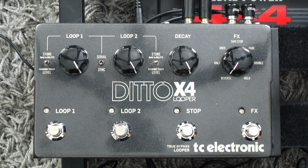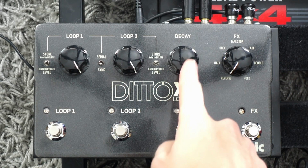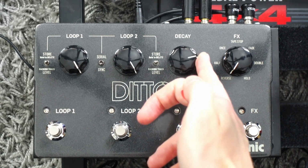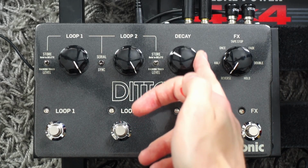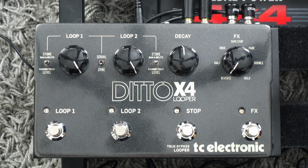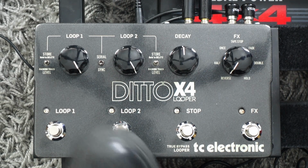Then we have the decay function. By default, if you put it all the way to the right, the loops are going to repeat indefinitely. If you put it more towards the left at noon or even more than that, it means that each time you're going to overdub on top of your loop, the oldest layer is going to slowly decay and slowly fade out, and it's going to be an ever evolving loop that always changes as long as you add new overdubs on it. So if I do something like this,